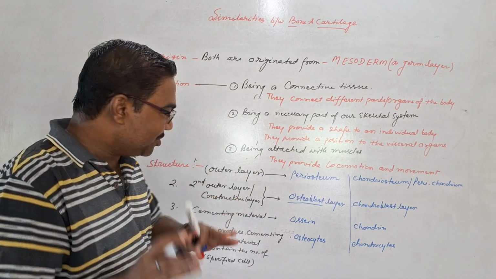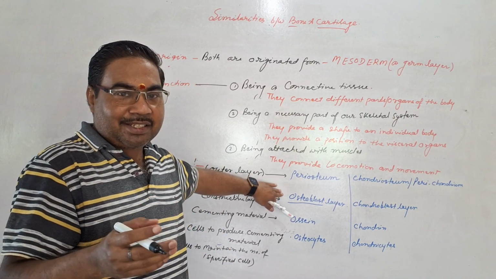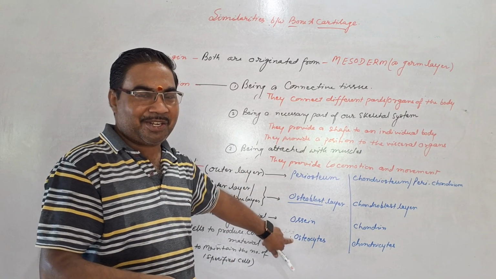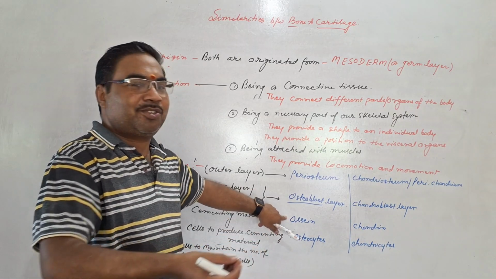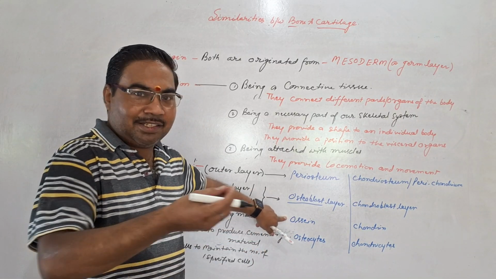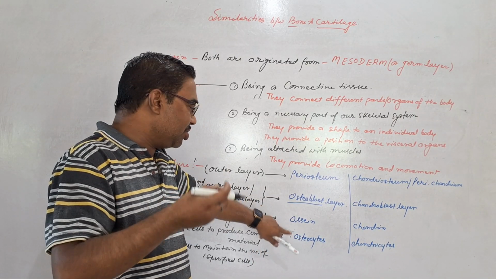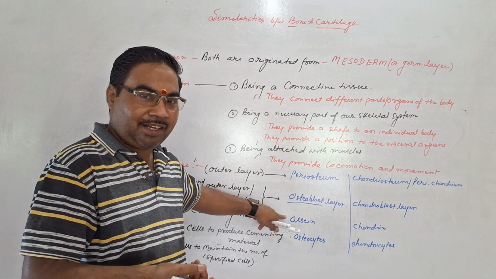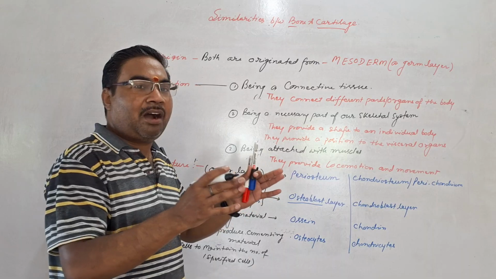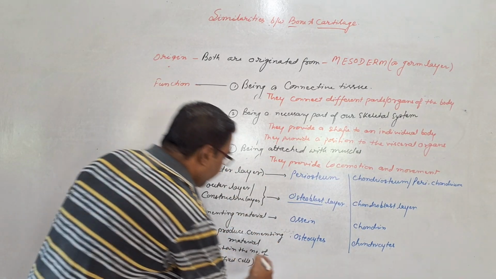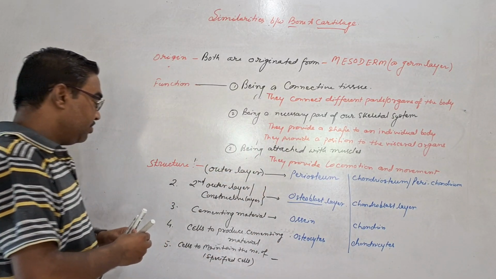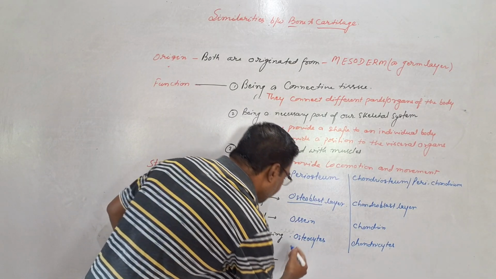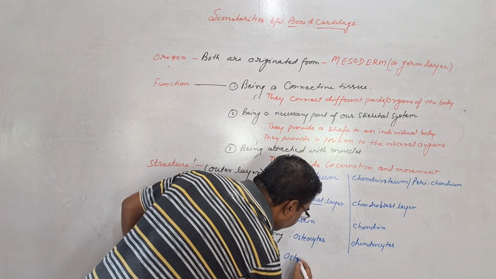One thing you should remember: osteoblast is the main cell which produces osteocytes, and osteocyte produces osseine. Osseine is the cementing material. The osteocytes are cemented, joined together with the help of osseine, and then they become hard. Here, the cells which maintain the number of specified cells, that is osteocytes, are osteoclasts,